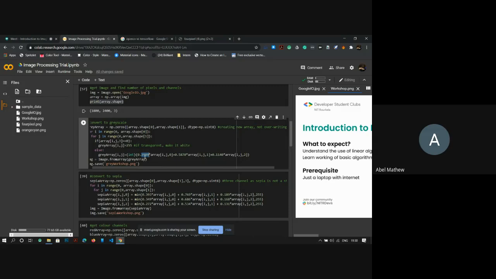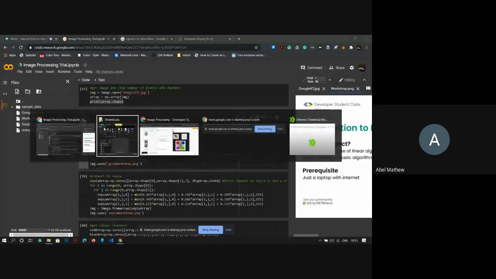So we have used these values, which are not very intuitive. We can use even 0.3. That's what is being done. Let us understand the remaining part of the code. We create an array named the gray array, and because grayscale requires only one channel, we are using a one channel representation.